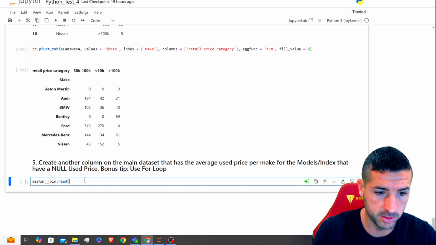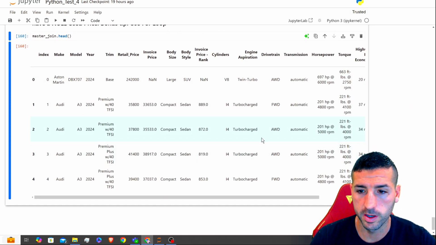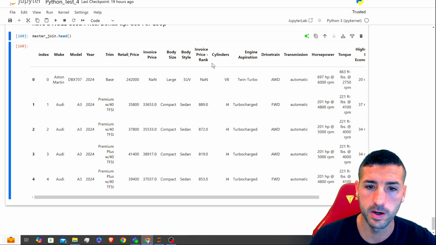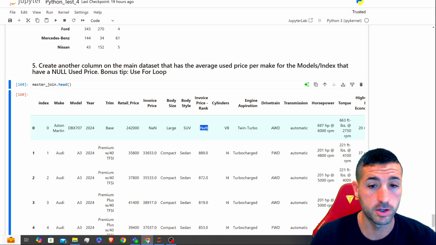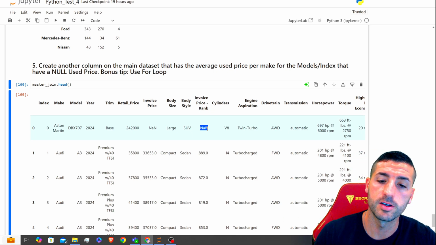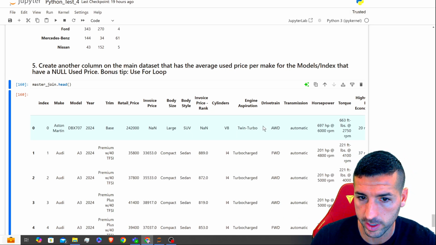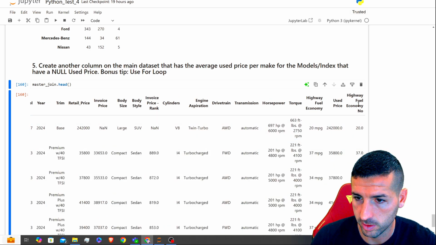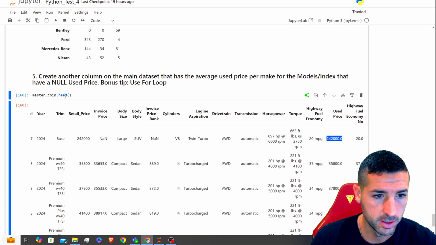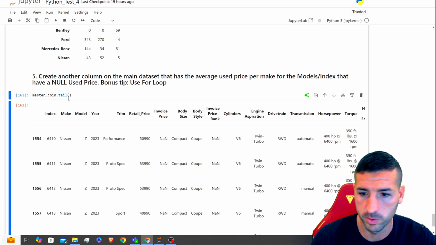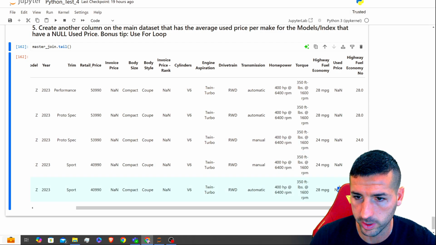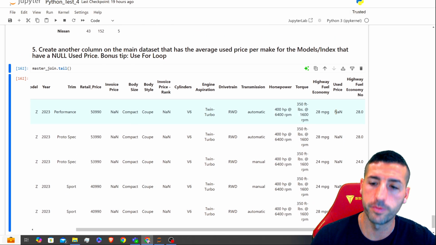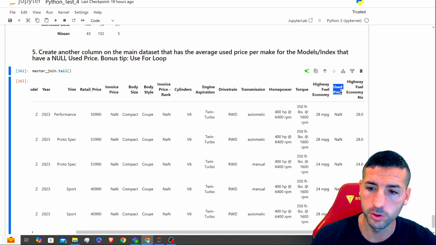So let's visualize this quickly. So what this is telling us is that not all cars have an invoice price, and we want to replace this none, or actually create a new column that has the average used price. Sorry, this is invoice price. This is the use price over here. And if we do .tail, because I think we ordered it, you can see that a lot of cars don't have a use price. So we basically want to first calculate the average use price per model,